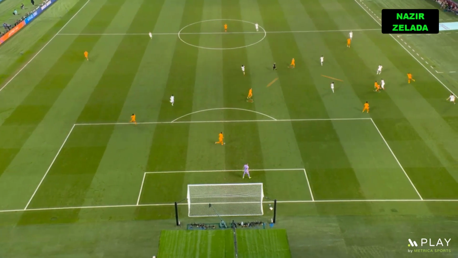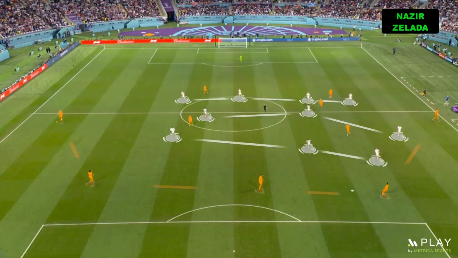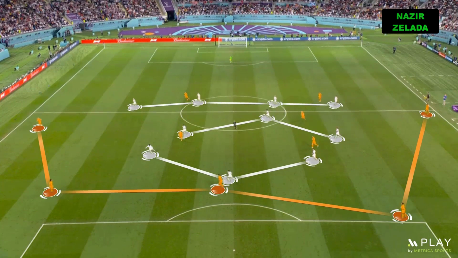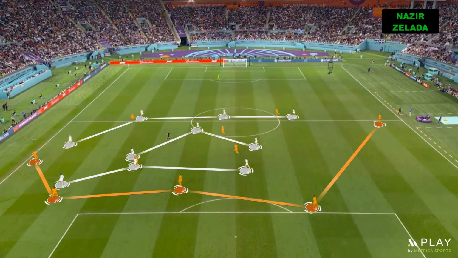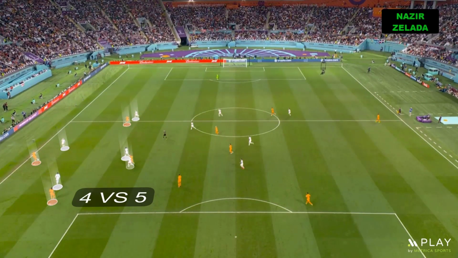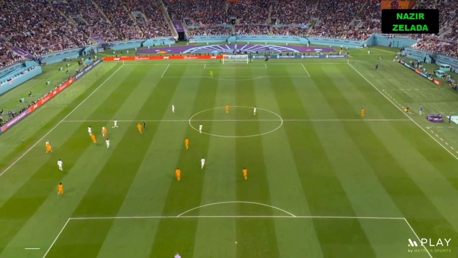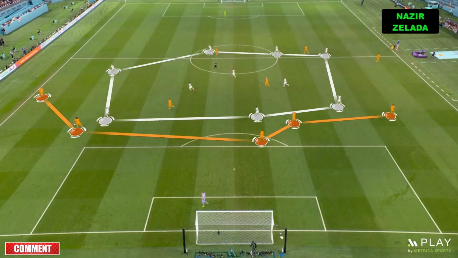However, Netherlands' midfielders were aggressive in defensive transitions. When the 3 centre-backs tried to start the build-up, they didn't have clear passing lines in the central channels, therefore they moved the ball to the wings, but the Americans were able to have numerical superiority on the flanks and start their offensive transitions. On Netherlands' first goal we saw something similar, where the centre-backs moved the ball to the